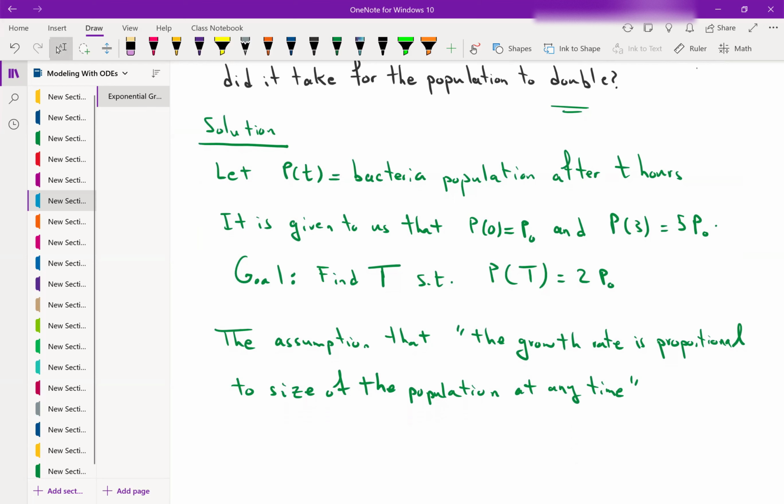Derivative with respect to time is exactly the rate of change. Leads directly to the conclusion that